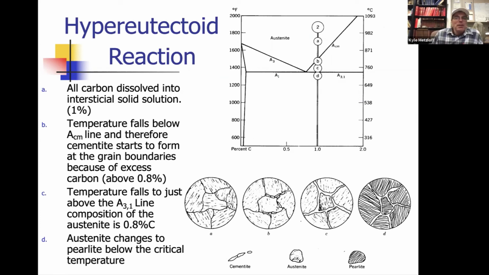Okay. So here we have a 1% carbon. We heat it to point A. Everything dissolved. It's just the same as the other one. Remember, because in some cases you can go up to 2% carbon dissolved. Remember that atoms are in an arrangement that they can actually accept carbon. So it looks like this under the microscope. As we start cooling down to point B, remember our goal is to get down to this 0.8, right? So on the grain boundaries, instead of